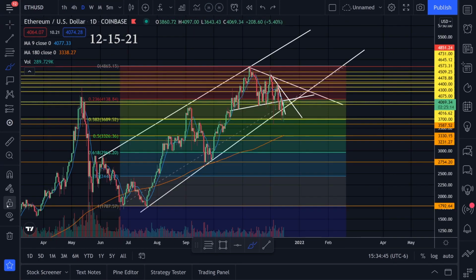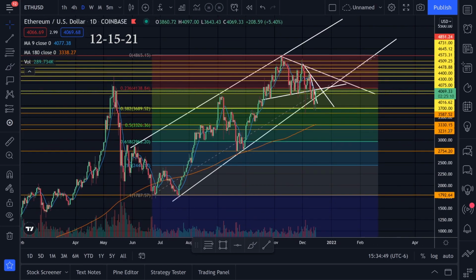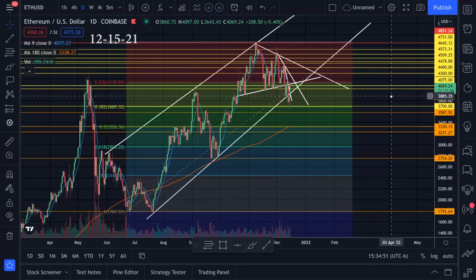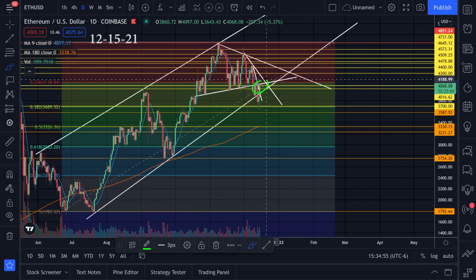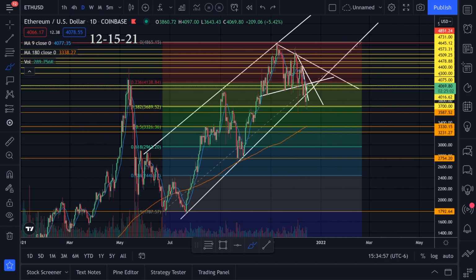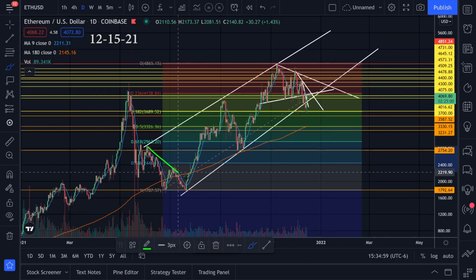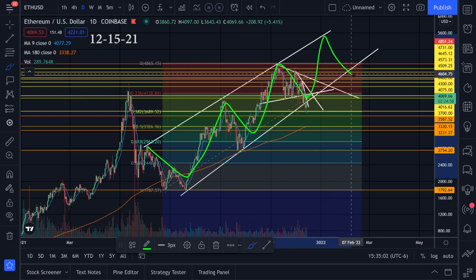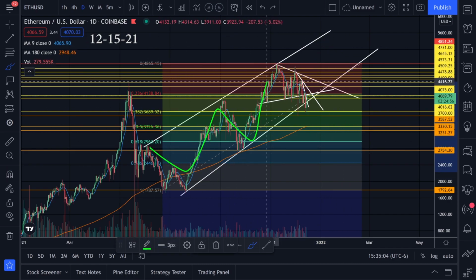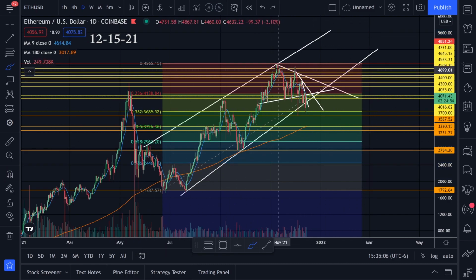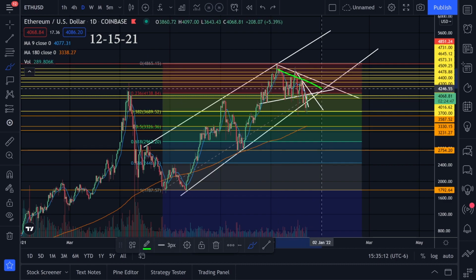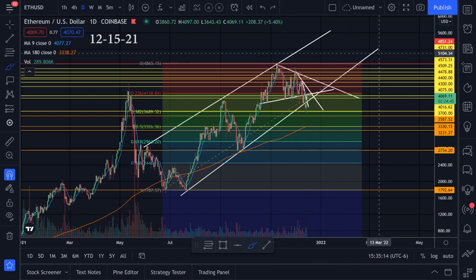So if we jump back over to the Ethereum chart, this one is actually my personal Ethereum chart. The yellow lines are my positions and the orange lines are my limit orders. Right now the price is sitting at right here. It's kind of hard to tell, but let's see if we can keep this channel pattern going to the upside. It looks like we've been bouncing in between these two trend lines like this. Let's see if we get a bounce right here where we just bounced. Let's see if we can start pushing up, break this trend line, and start shooting for the next level.